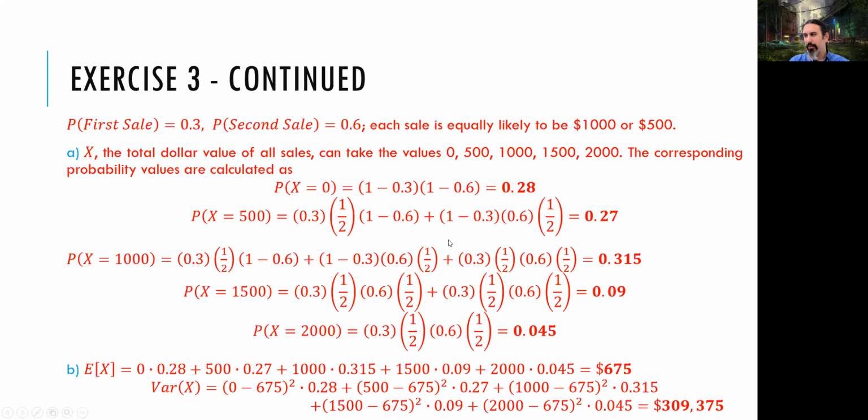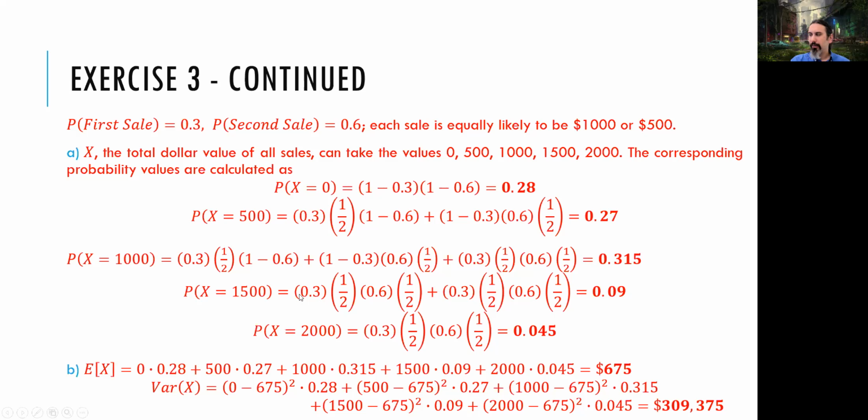So I have to calculate all those 3 scenarios. The first one, as you can see, is selling to the first one. The second one is selling to the second one, and the third one is selling them both smaller encyclopedias. So the total is 31, 0.315, and x is equal to 1,500. So I have sold 2 encyclopedias. One of them is the deluxe one, and the other one is the standard one.